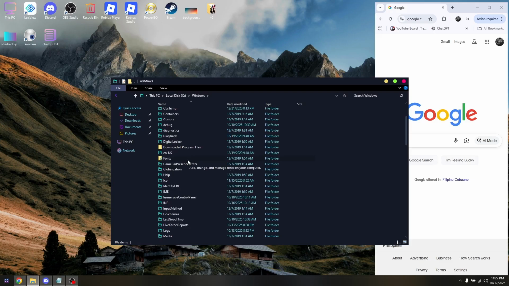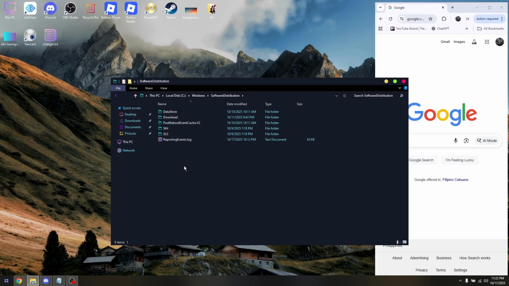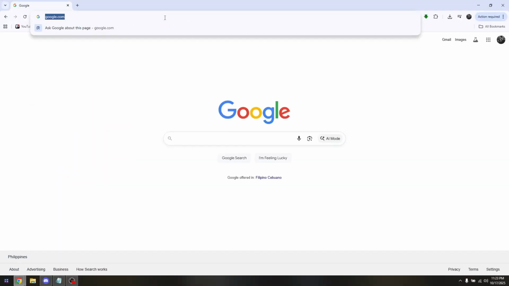here, just simply hit S on your keys and then choose SoftwareDistribution and go to Downloads. Now, once you've attempted updating your current operating system into Windows 11, just simply clear or delete all these files inside the Download folder. After that, open up your browser and then just simply search for